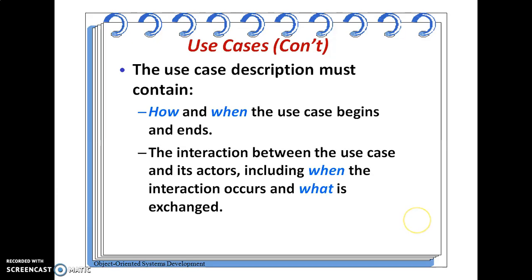Next, whatever it may be, the use case description must contain how and when the use case begins and ends, and whatever the interaction between the use case and its actors, including when the interaction occurs and what is exchanged. Means whatever interaction takes place between the actors and what kind of information gets exchanged needs to be specified.